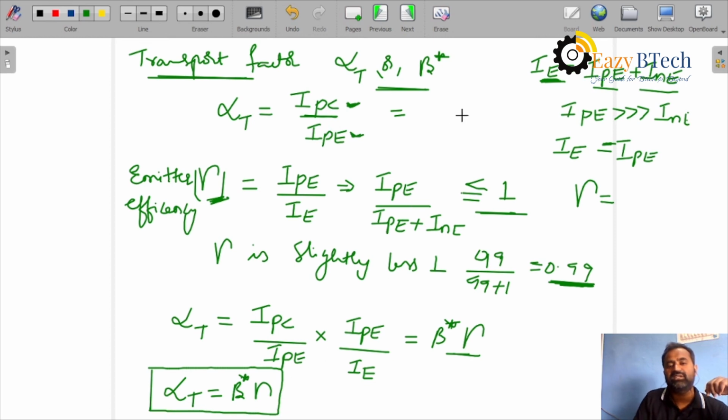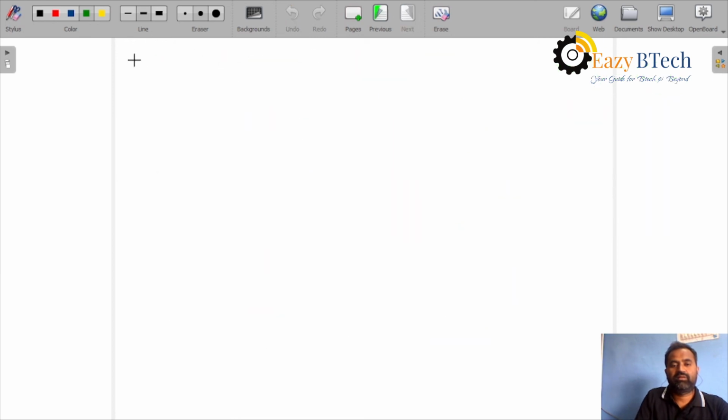Because we will write this as IPC by this current IE, in this manner. It is an emitter efficiency. From the emitter junction, the majority current is IPE and the net current of the emitter is IE. By substituting, we will get this value. These are the transport factor. Therefore,